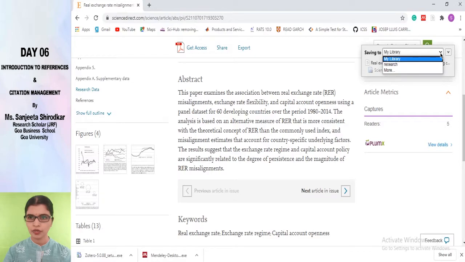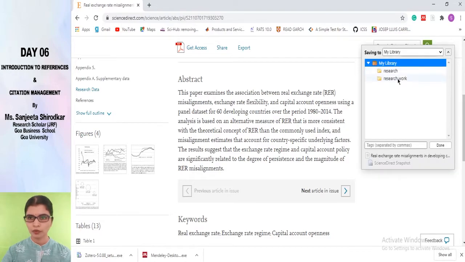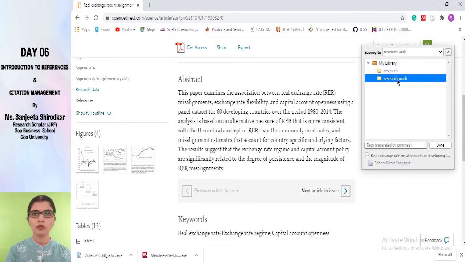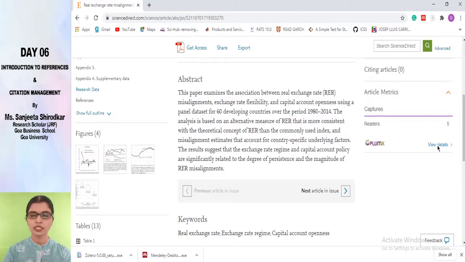It is asking you where you want to save it, whether you want to save it to My Library or Research or more. So I'll put Research Work because that is the folder of mine. So click done and it would be saved to your individual folder where you want it to be saved.